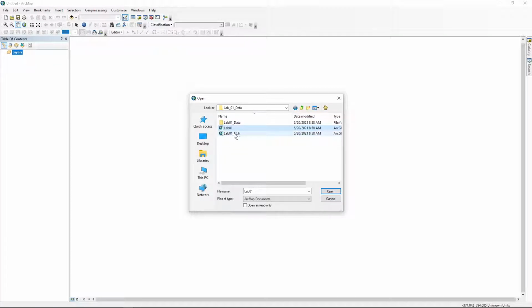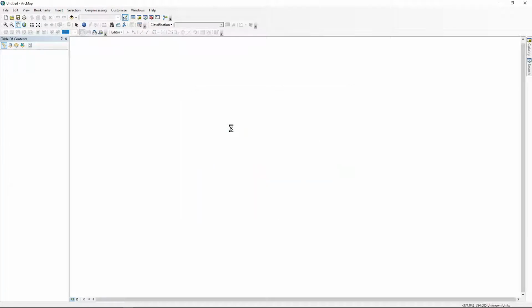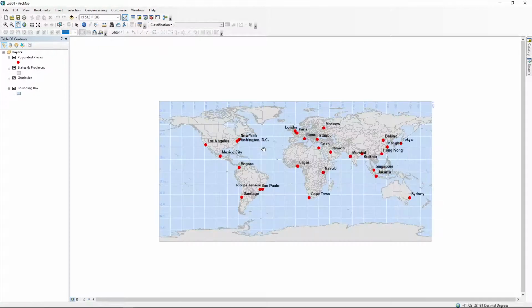For this one, I believe is for remote users. I'm going to be using this one here, I believe, right? Yeah. Okay, so we're going to use this one. So we'll double click it. And it's going to open. There we go. Okay, so we've got a map that shows